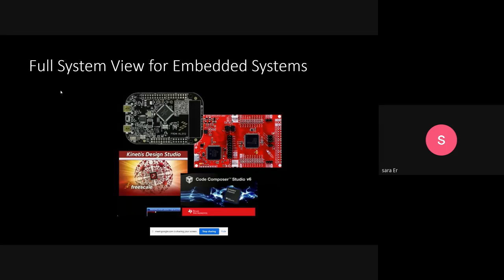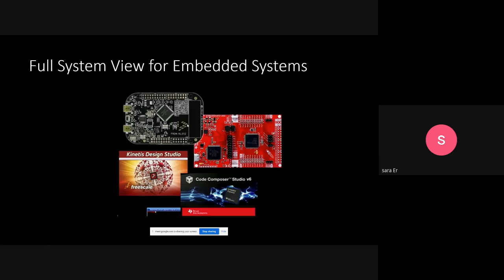In this slide, you can see, for example, Code Composer Studio V6, which is an environment for you to write your code, or Kinetis Design Studio. These two are IDE environments that make it possible to write code easily.